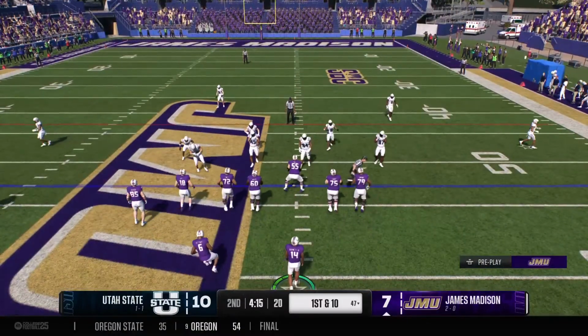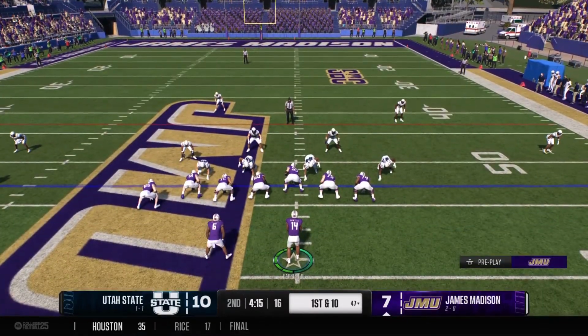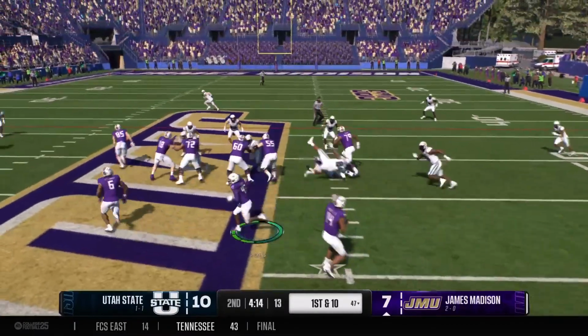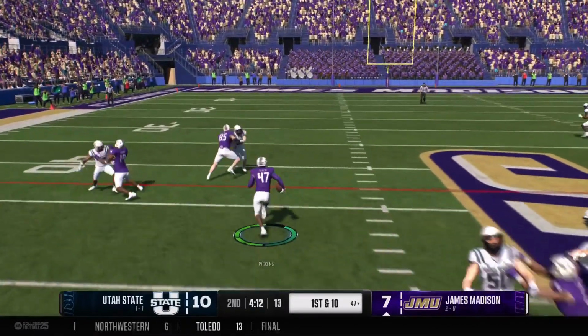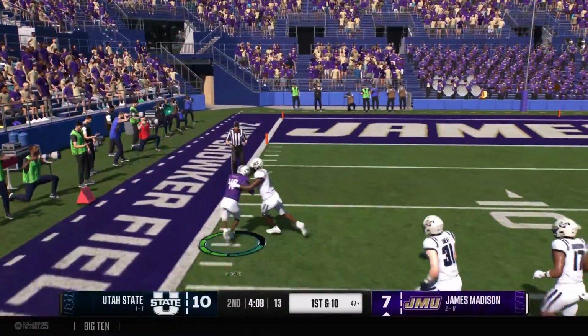James Madison sends the offense back onto the field. They took it down the field for a touchdown the last time they had it, and now an opportunity to take the lead in this football game. So they got to be feeling good. They did. Running toward the tape. And now